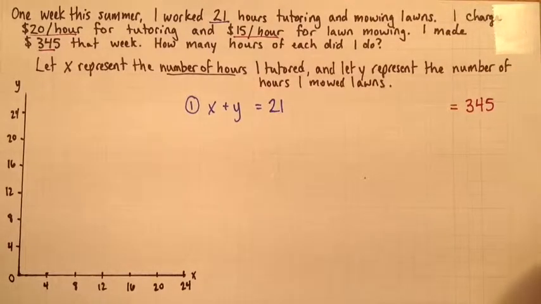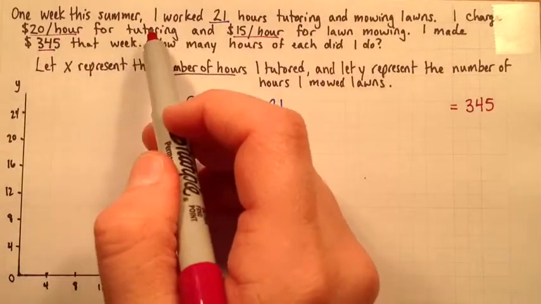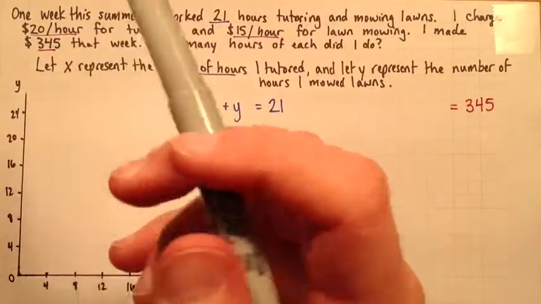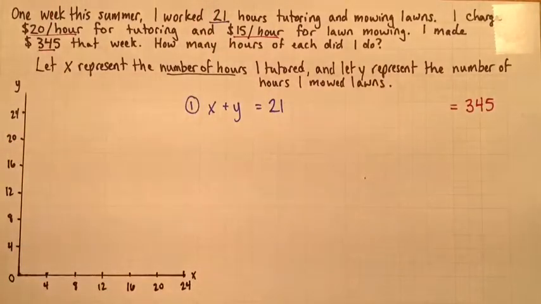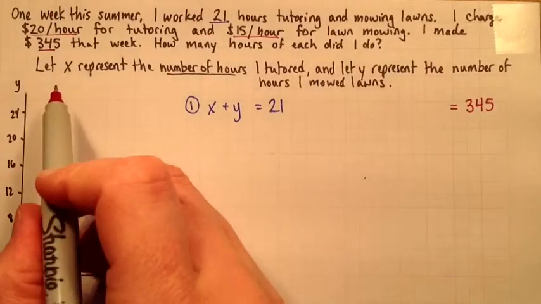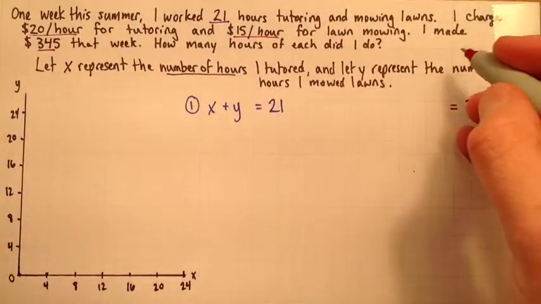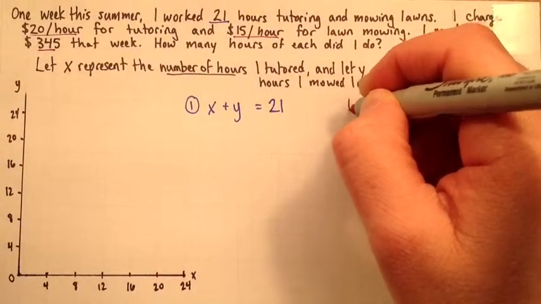And the way I would calculate how much money I made is I'd take how many hours I tutored. If that was 12, I'd multiply by $20 an hour, so it would be 12 times 20. Now it's not 12, but it is something, it's x. So how much money I made tutoring is going to be